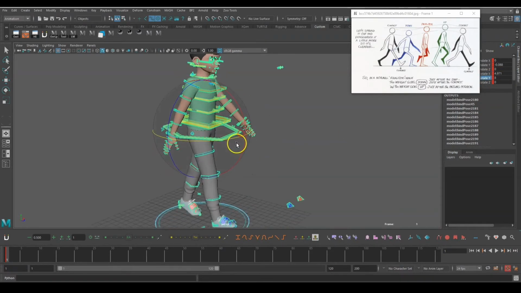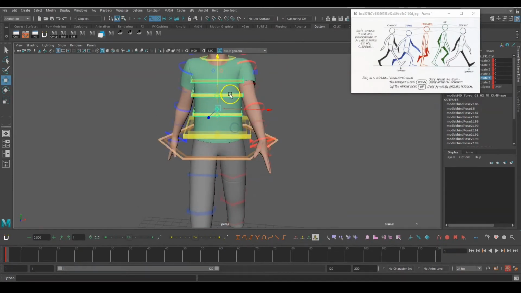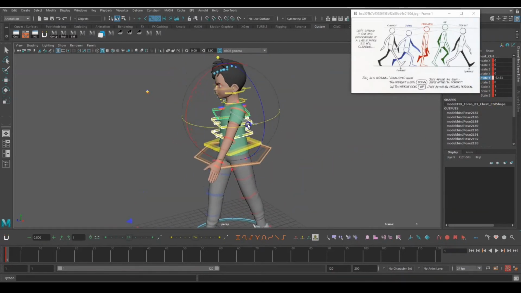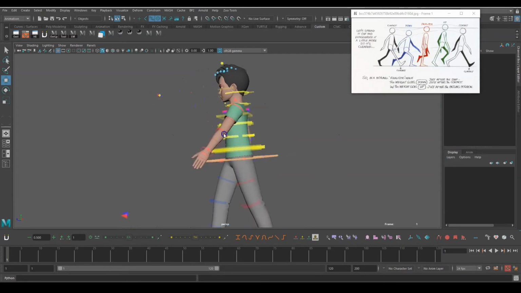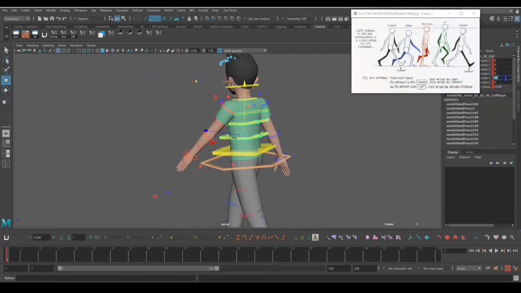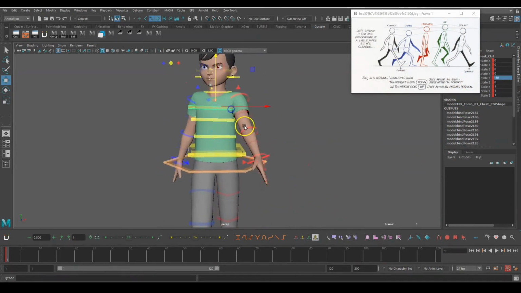Okay, so same what I will do, I will rotate these 3 controls one by one. First I will rotate this in the opposite direction, all the 3, with the same value. But now what I will do, take this control, you can reduce this, maybe -7, and this one maybe -5, because I don't want to rotate only the chest because it looks weird.